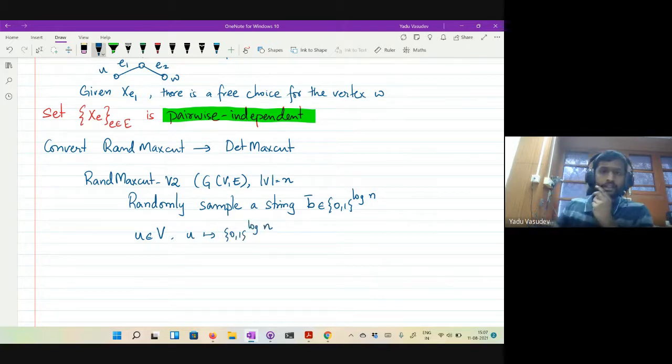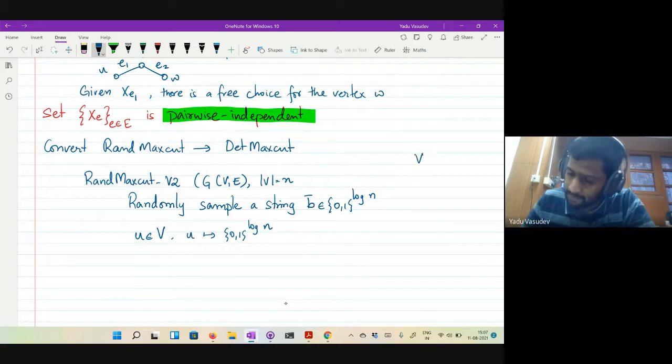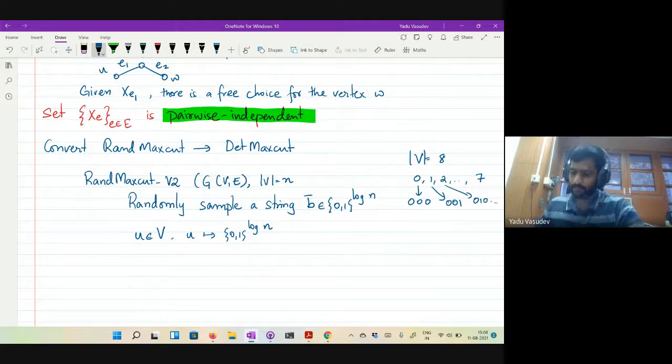For instance, if the cardinality of V is equal to 8, I can say that the vertices are numbered 0, 1, 2, 3 up till 7, and 0 corresponds to the string 0, 0, 0, 1 corresponds to 0, 0, 1, 2 corresponds to 0, 1, 0, and so on. So for every vertex U, I can think of this binary string of log n length.